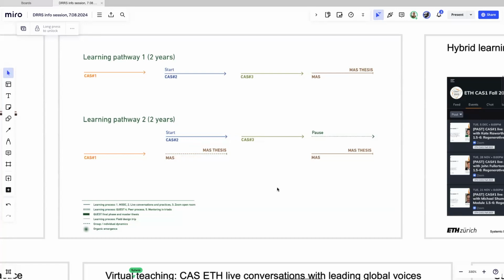When we restart the CAS 1 process, you can continue your learning pathway and then finish with the master, which from this time on will be repeated every year. So you don't have to wait 2 years for the next master module to happen. There's a lot of flexibility. You can start at any point of CAS 1, 2, or 3, and within 2 years you will round up your whole learning process and finalize your quest.